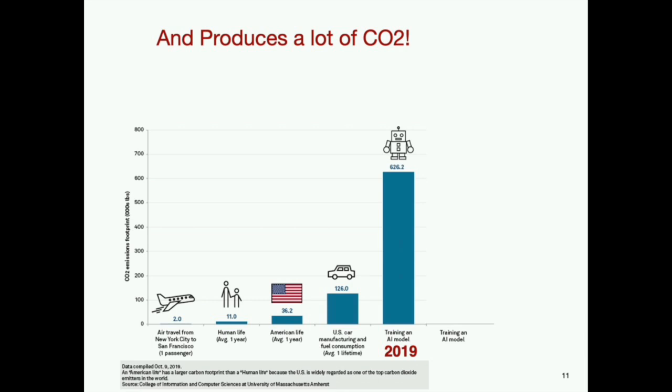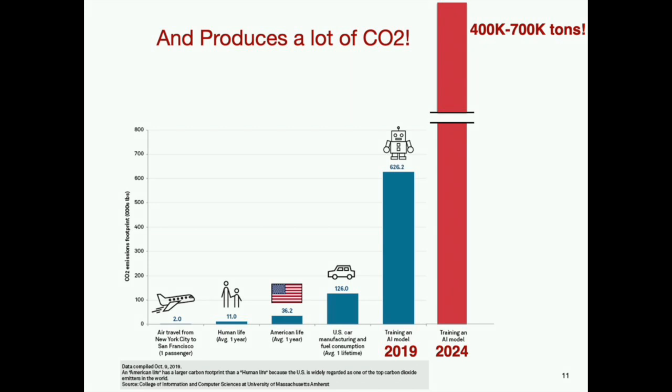So here you see the amount of CO2 that we are producing by training these huge models. Here you see how much CO2 is produced by traveling per person from New York to San Francisco, or what is the CO2 produced by a human during their life, then how much a car in the US produces over its entire usage and lifetime. And then training AI models in 2019 cost 800, this is Ks of CO2,